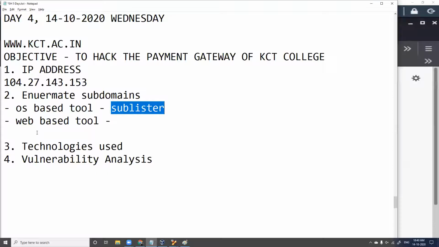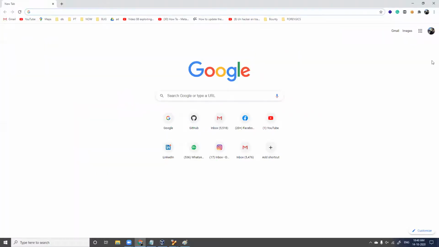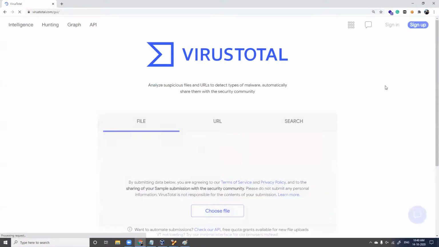A web-based tool means a website which you can use. One commonly used website is virustotal.com.